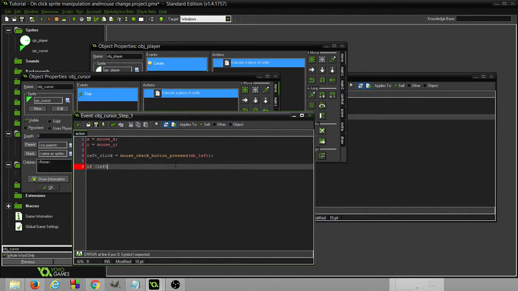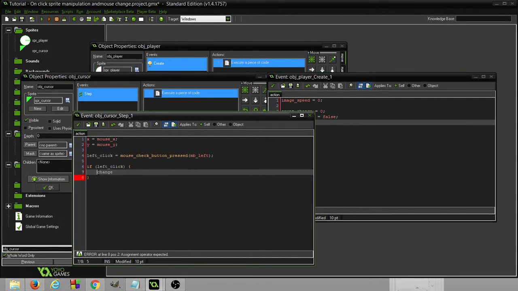So if that's true, so if we have pressed the left mouse button, then we're going to set sprite change